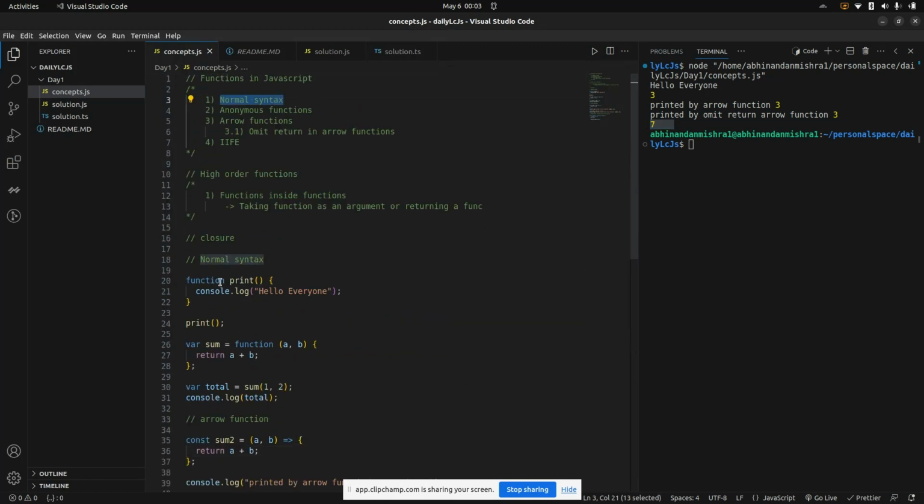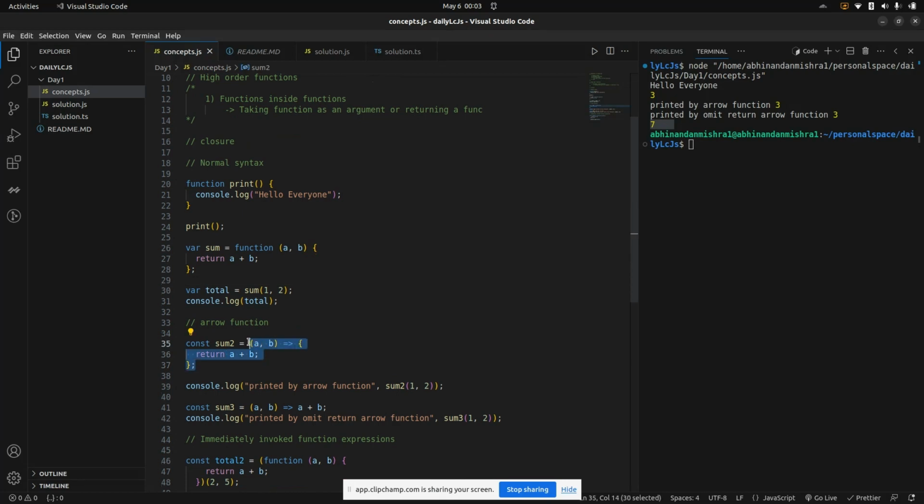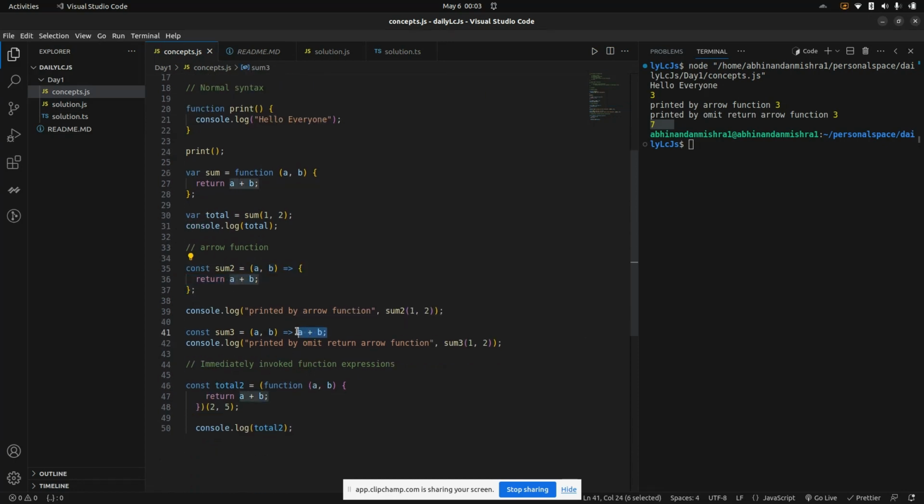The normal syntax function is this, if we write using the function keyword. An anonymous function is when we are assigning a function without a name to a variable. And arrow functions are those where we are not writing the function keyword and we are using the arrow operator, then this is known as an arrow function. Okay. And if we are omitting the return because we have only one statement inside our function, then